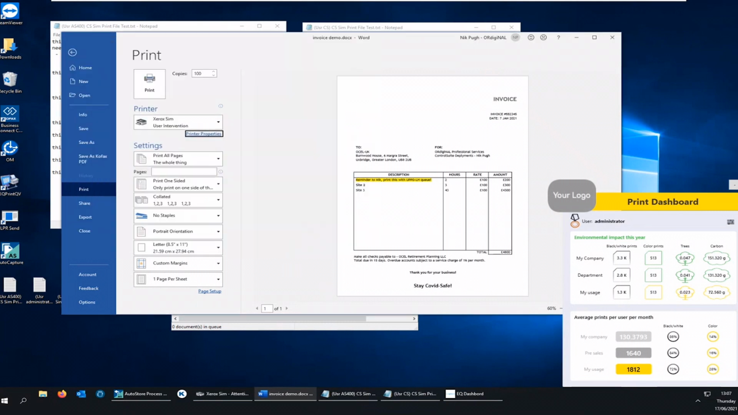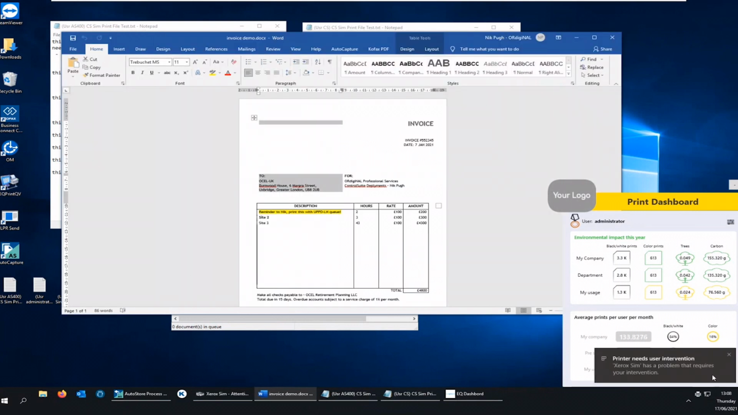We are printing in color. There is color on the document. So we're expecting my color prints to have gone up, which is this column over here. So if you keep an eye on the 513 for my usage, they should all jump up, and also my 1812 and my 1640 should jump up as well by 100. So we're going to hit the print. Ignore the fact that the printer is complaining, and you can see straight away that the numbers have gone up